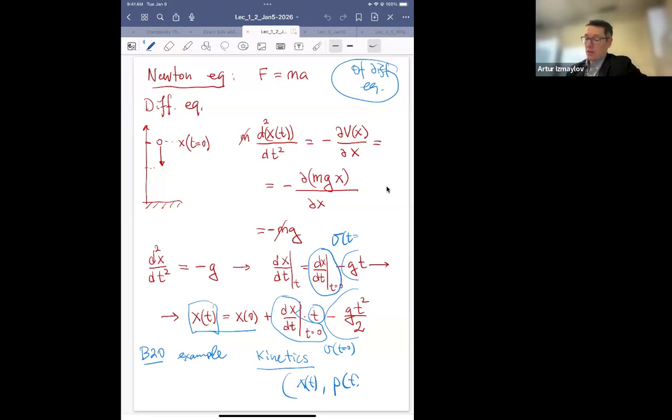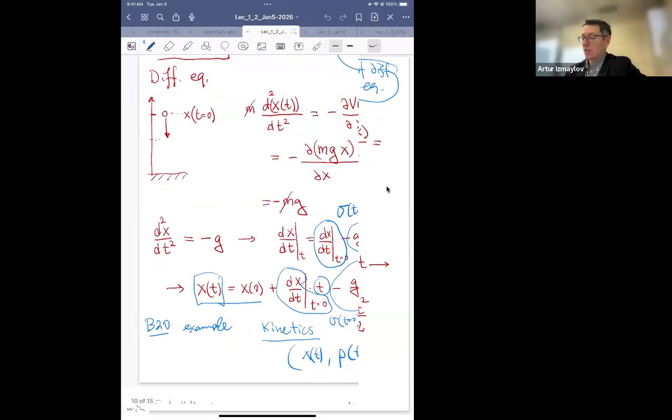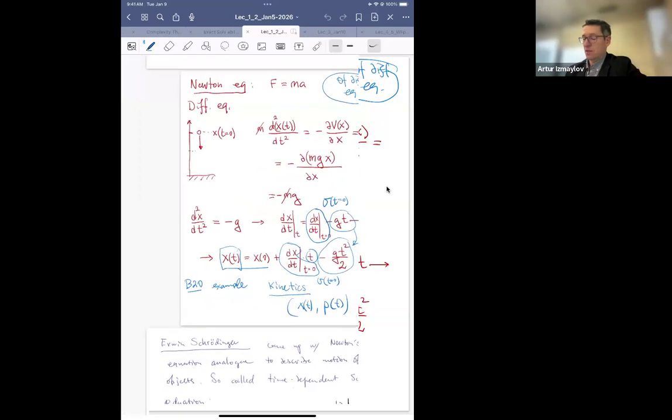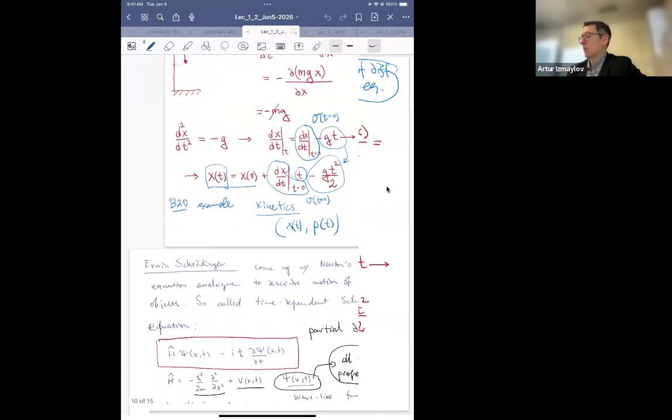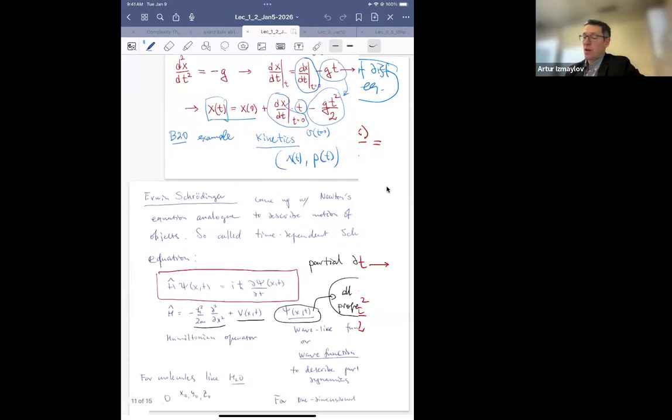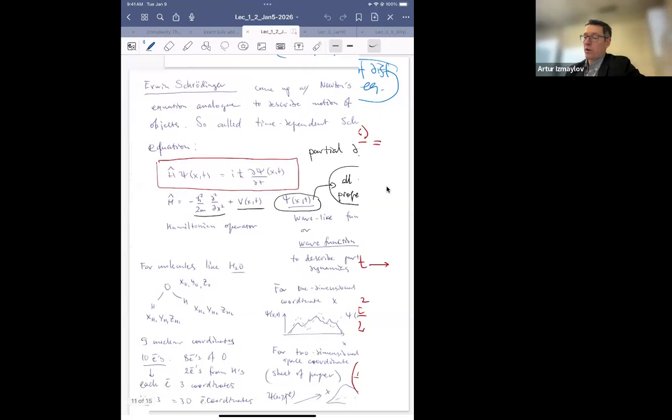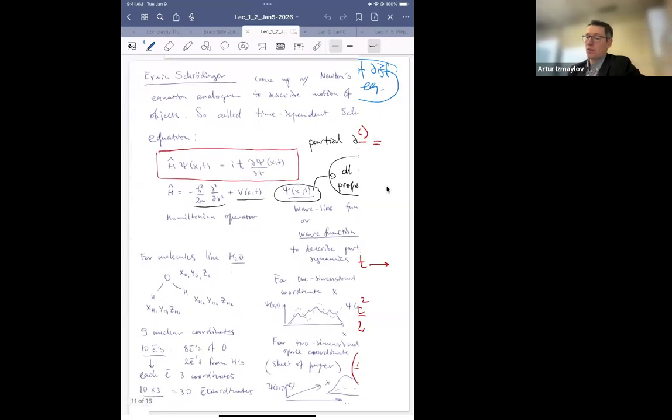And so then another example here, which we skip for now, is first order kinetics. It's something that we also can do. Their differential equation is also very simple to solve. But essentially, what I want to get to is that Erwin Schrödinger formulated just a different equation for